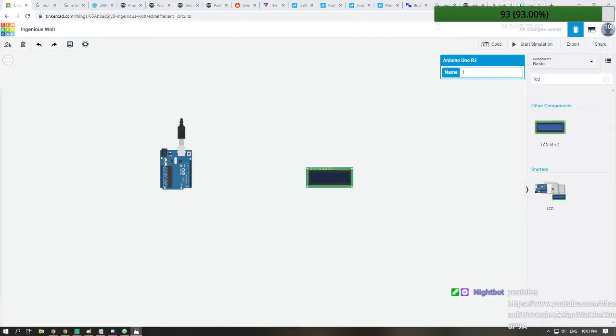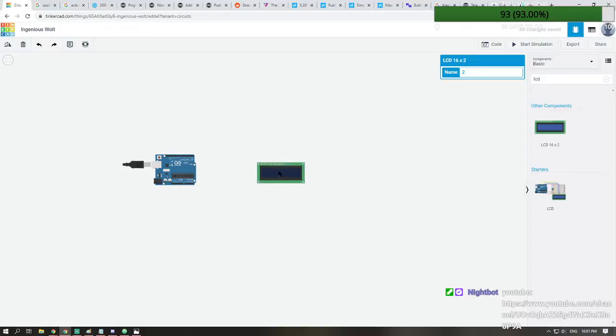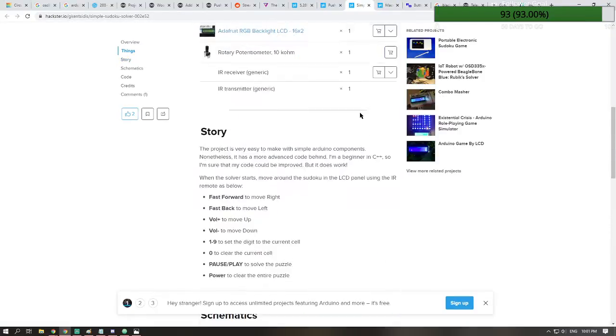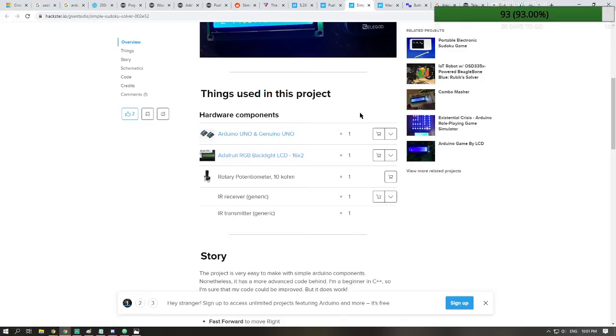So it does require quite a bit of wiring, but okay, there we go for my OCD. And it does also use some different components, which are a 10 kilo ohm potentiometer. So